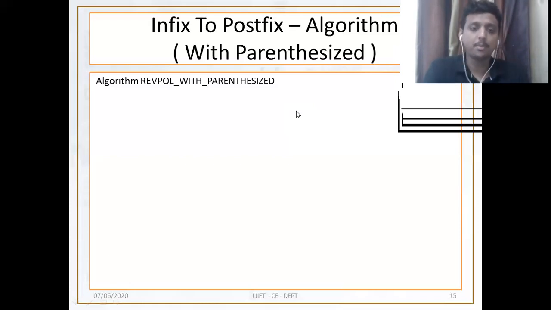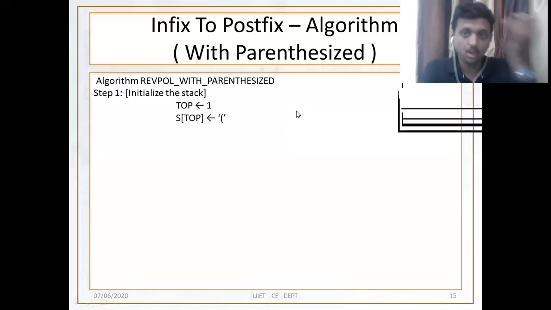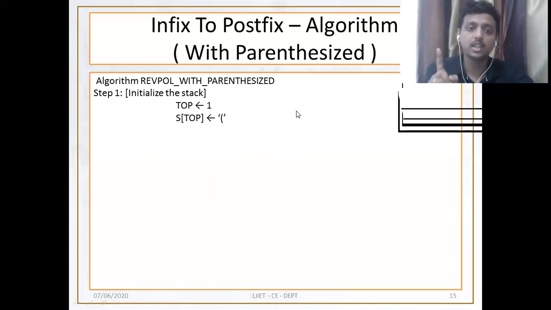So we initialize top at 1 and insert not a hash, but an opening bracket. Remember our first basic rule to convert infix into postfix: top is pointing to 1 and s of top contains the opening bracket.